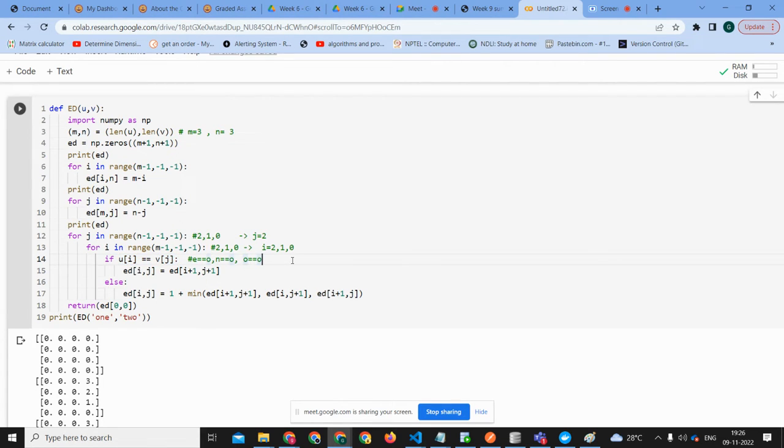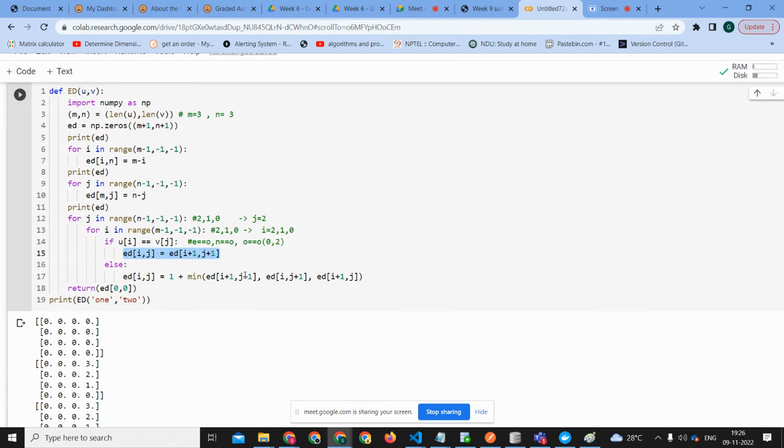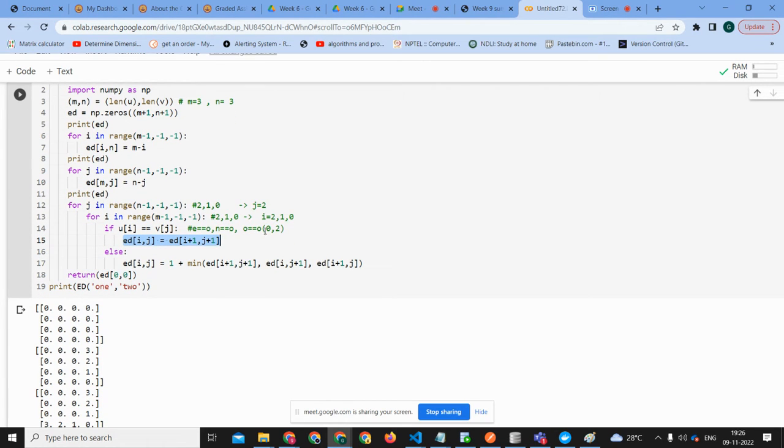Yes. At what time? So when the left hand side, this o equal to 0 is nothing but 2 comma 0, right? So when, sorry, it's 0 comma 2, because i will be 0 and j will be 2. Are you able to follow this? What I'm doing? Okay. So in this case, what are we doing here? Ed of i comma j. All right. So 0 comma 2 will become